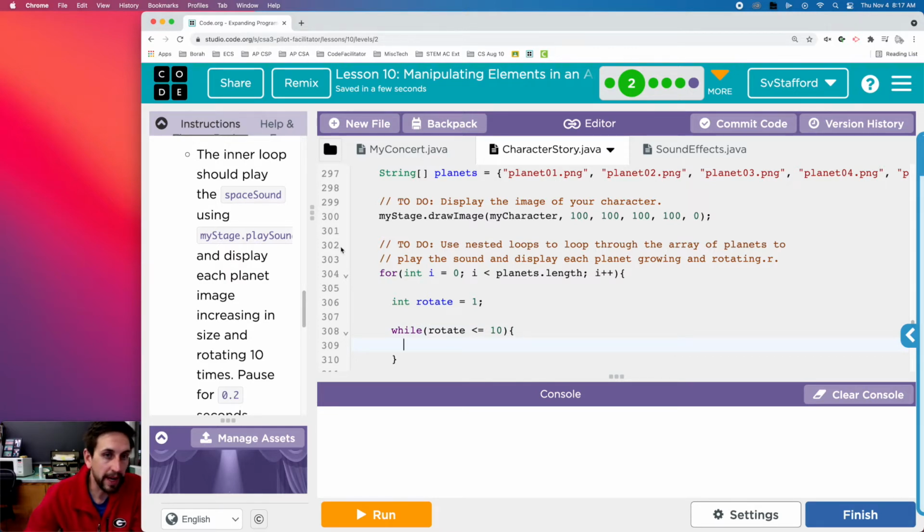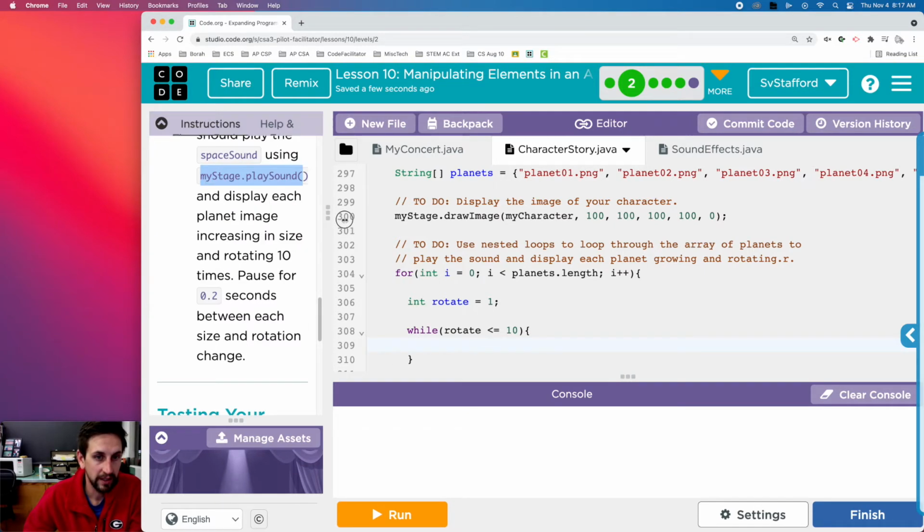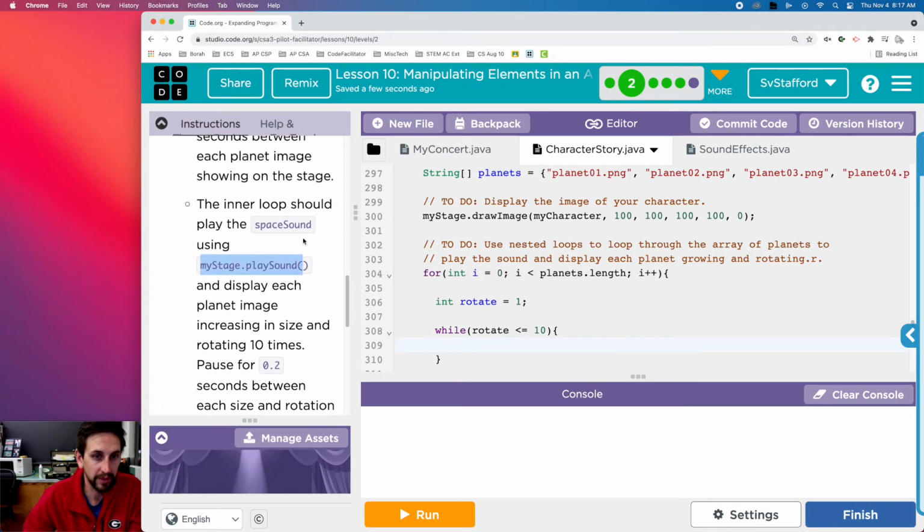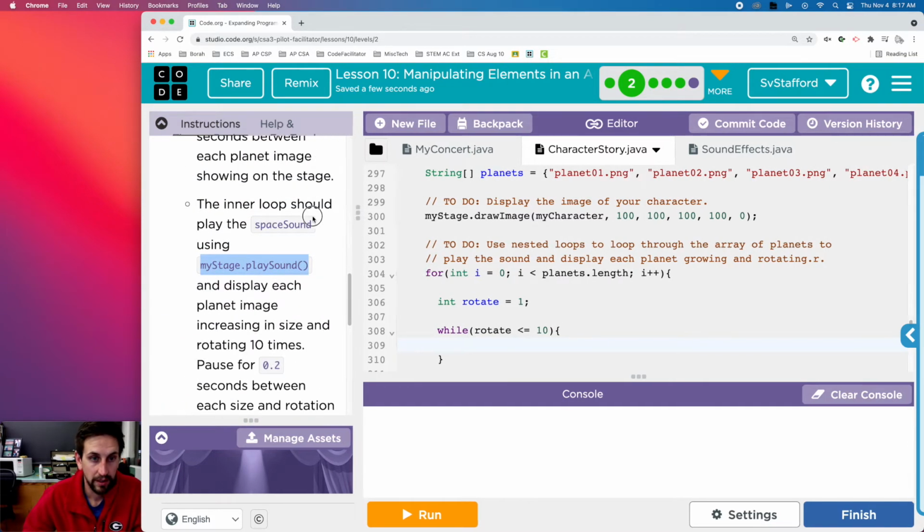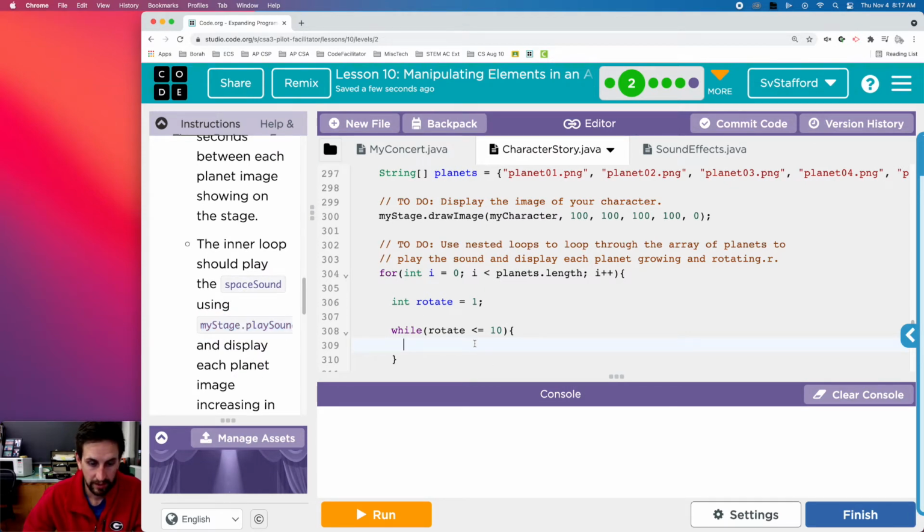So let me go back to the instructions. The inner loop should play the space sound using myStage.playSound. Let me make this a little bit bigger so I can copy this. So myStage.playSound, and I'm trying to play the space sound,